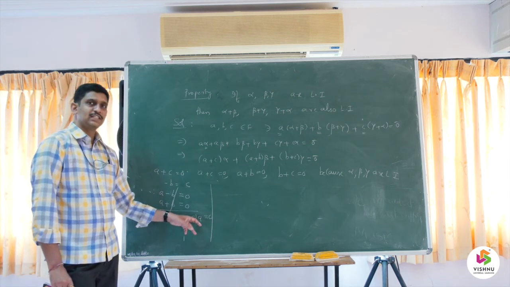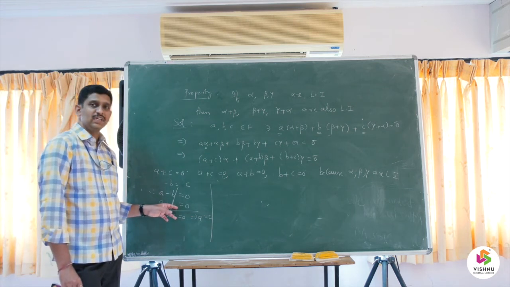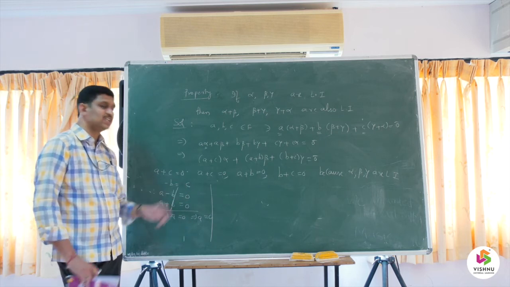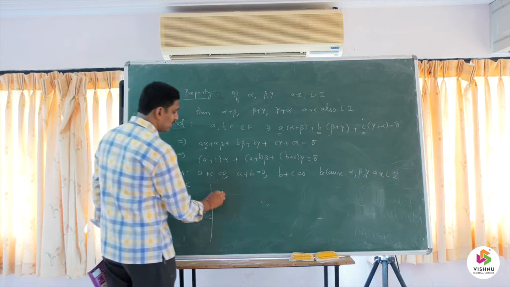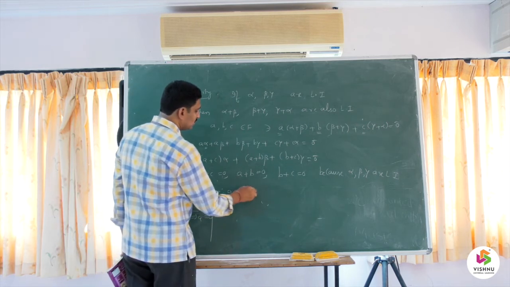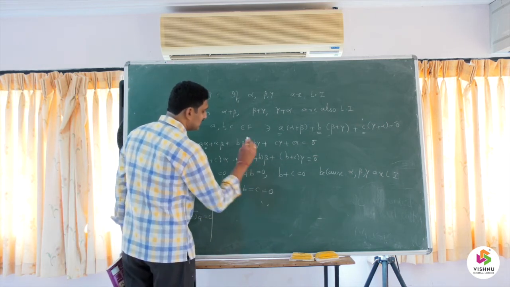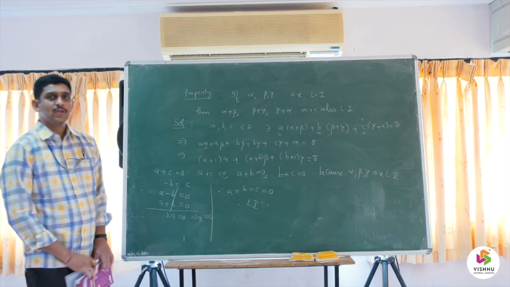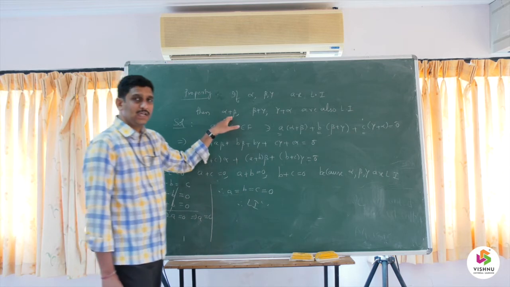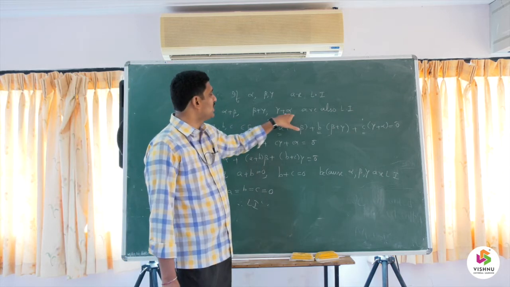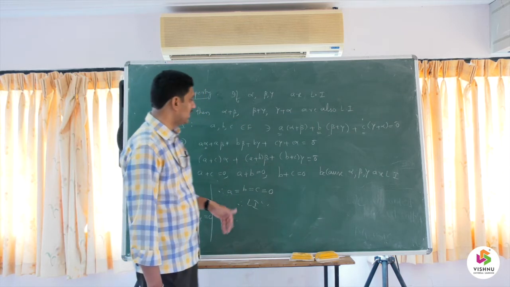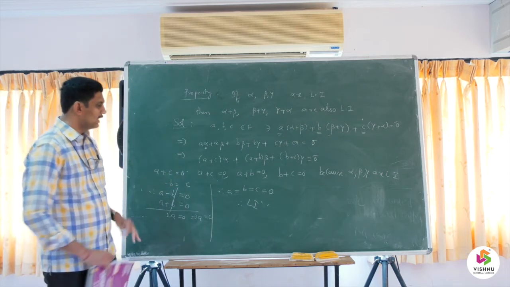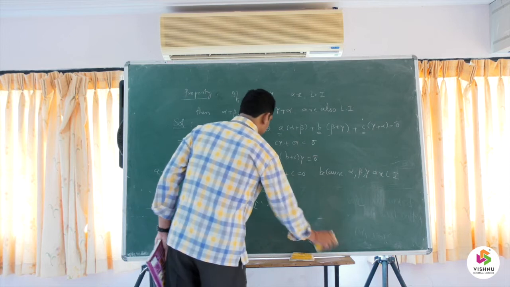Now since A is 0, from this expression B is 0, and hence we conclude that C is 0 because minus B is equal to C. Therefore we confirm that A is equal to 0, B is equal to 0, C is equal to 0. Therefore they are linearly independent vectors. So what are linearly independent? Alpha plus beta, beta plus gamma and gamma plus alpha are linearly independent. We have a second approach for this problem also, right? Let us discuss this.